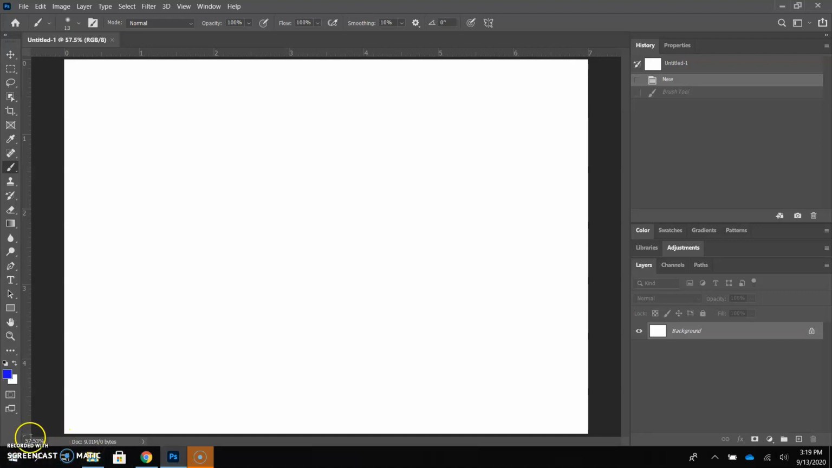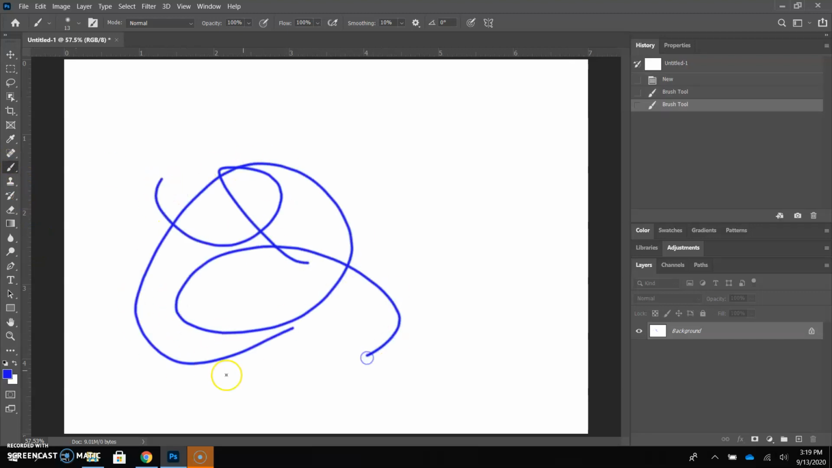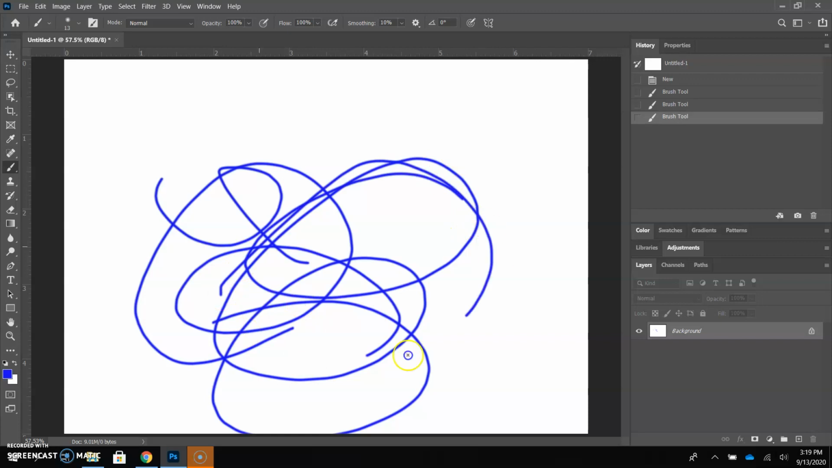Next to the zoom level is your status bar. And the status bar tells you what size your document currently is. Being that I just have a blank screen right here, you can see that it says 0 bytes. But if I start adding a bunch of stuff and probably more,